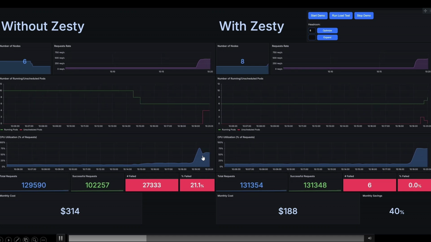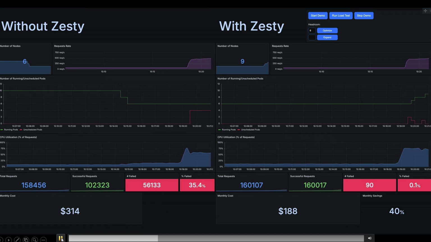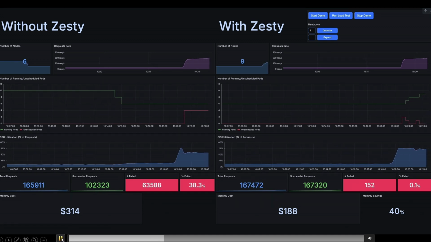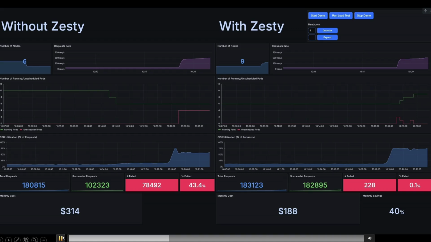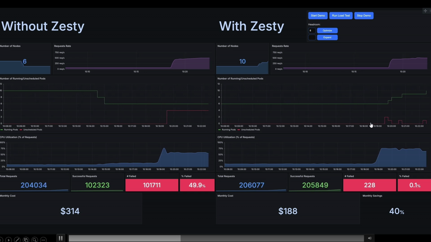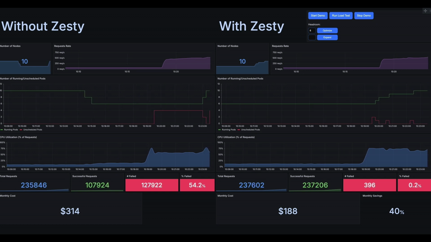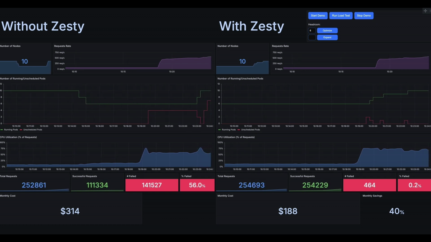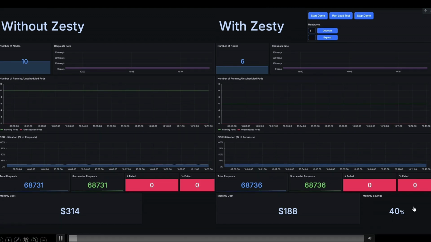So here you can see CPU utilization increasing. And on the left side, you can see that the unscheduled pods start increasing. Whenever unscheduled pods happen, we can see errors happening. Those are really failed requests, and that's what's impacting SLA and creating downtime or not a great experience for the user. On the right side, you can see that we had a 30-second period of unscheduled pods. That's the exact time it took us to get all these hibernated nodes into an active state. And immediately Karpenter starts scheduling on these nodes, and they're available. So the number of failed requests on the right side,